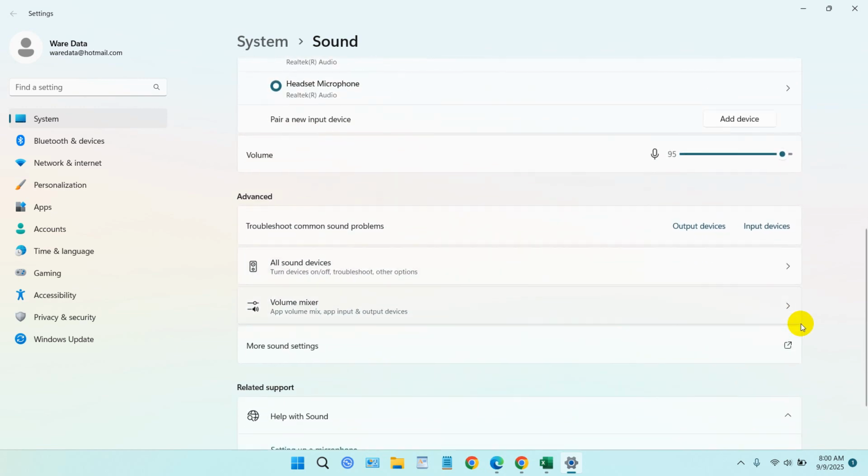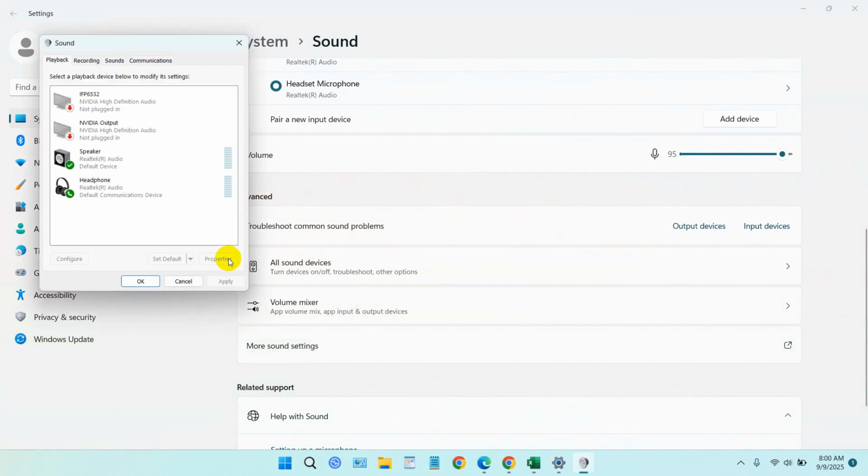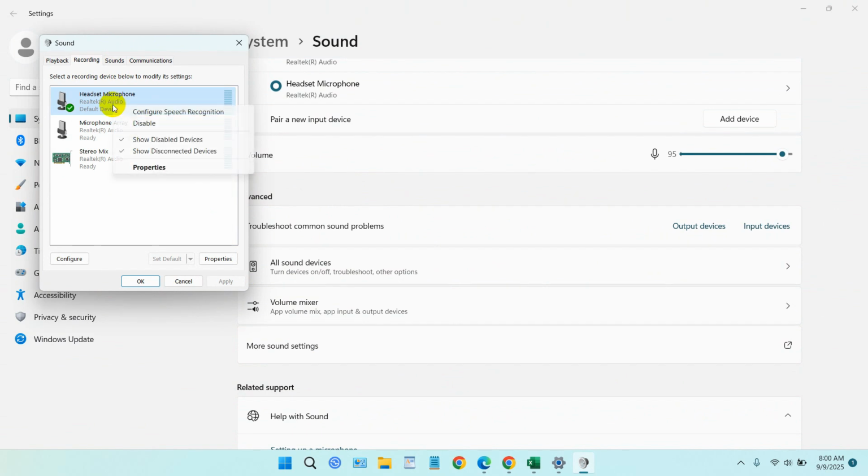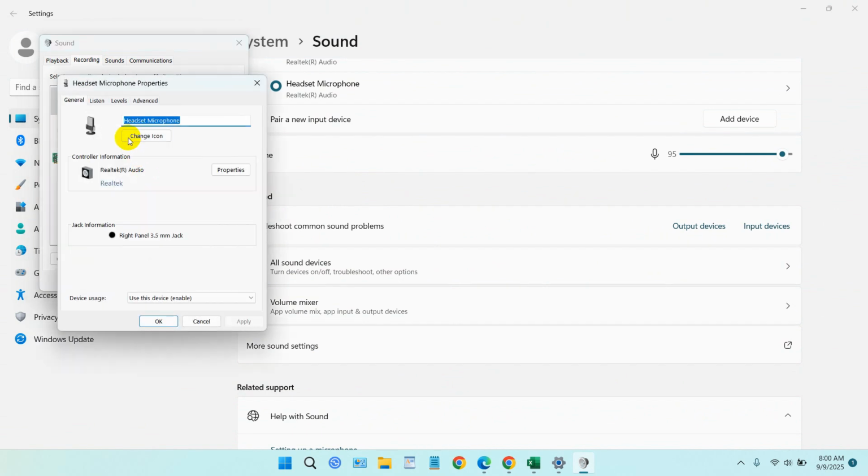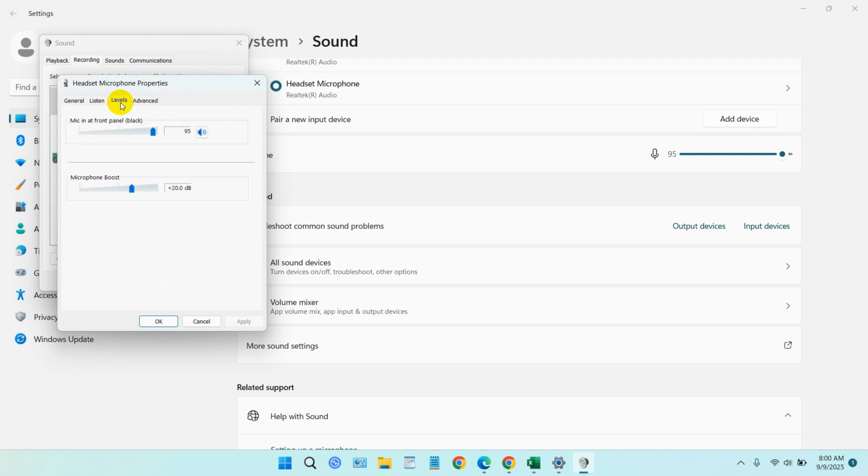And the second step, you can select more sound settings and select your audio input. For example, this is the recording. You can see in my case, I'm using a headset microphone here. Just right click on there and select properties and select levels. You can see, make sure the mic in at front panel is more than 90, so it will get